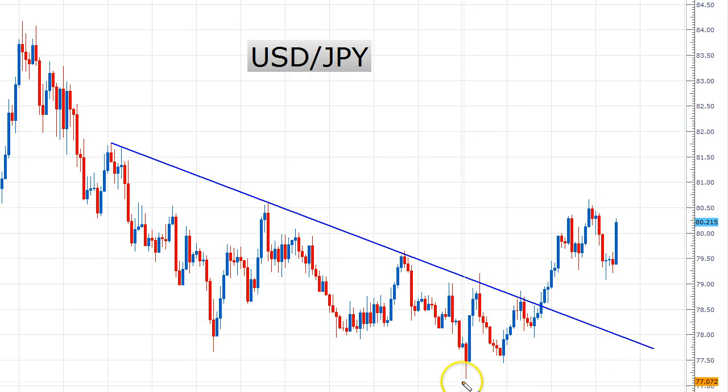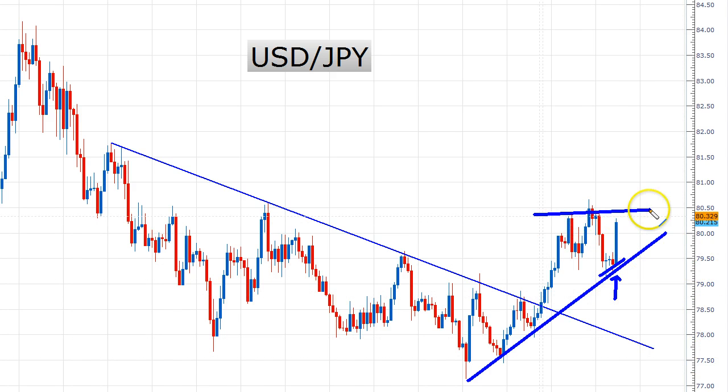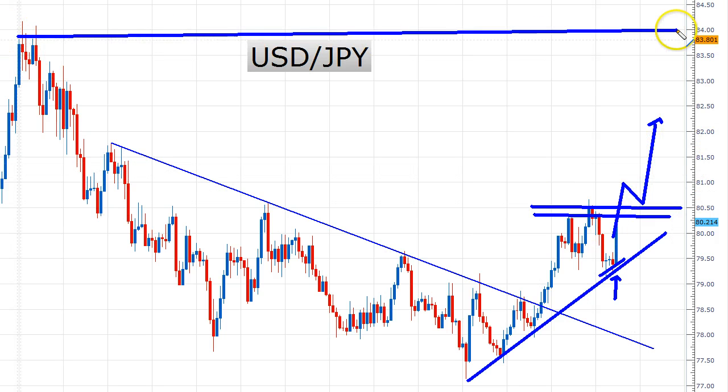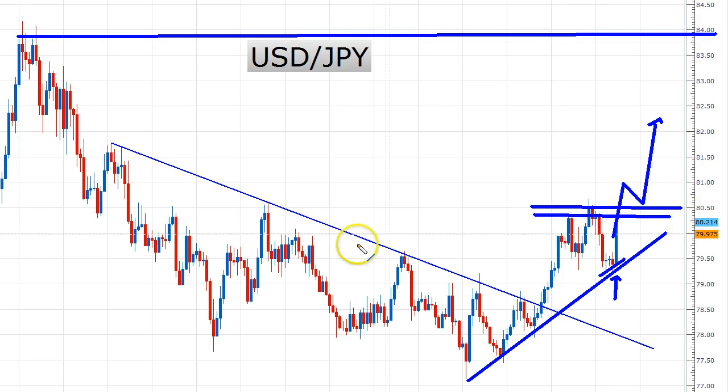One thing you can see here is from this little move here where it started moving up, it's kind of right on that trend line as it's bouncing now. So that's something to keep in mind too. Whether it's going to break through the top of this little action that we have here, I do not know. I don't have a strong basis on that, but I think that if it does break, maybe has a retest like we talk about and continues, longs are going to be in order for the USD yen, because again these highs are still quite a bit away, and there's a lot of money to be made from 80 to 84 on the USD yen.